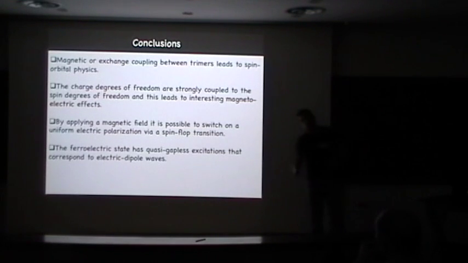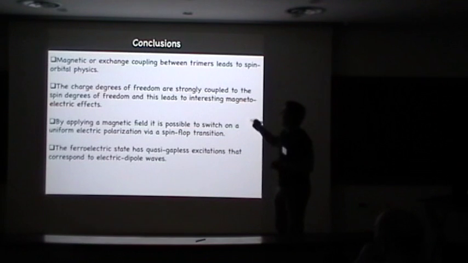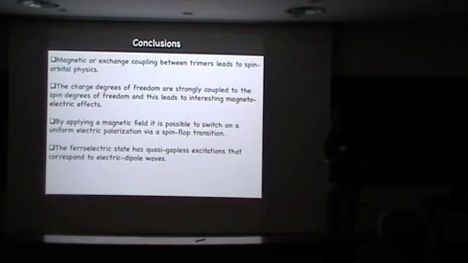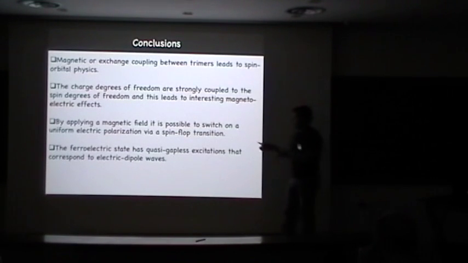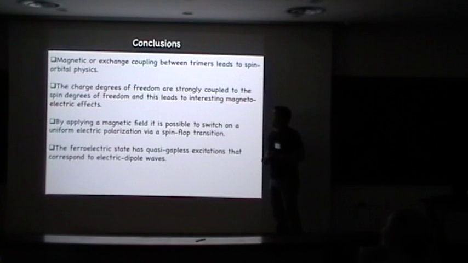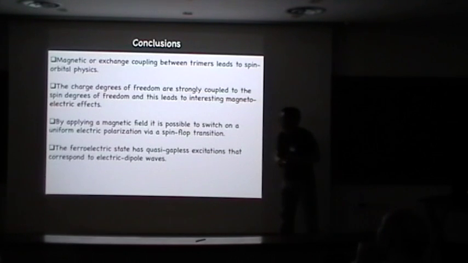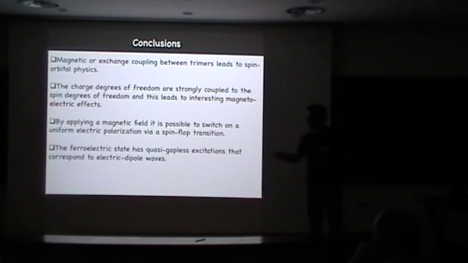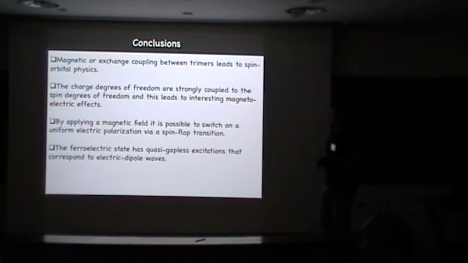You don't need to start with multi-orbital models. Even with single orbital models, you can end up with spin orbital physics. The charge degrees of freedom are strongly coupled to the spin degrees of freedom, as you saw in all these models. And this really leads to very interesting magnetoelectric effects, in particular the one that I illustrated today: by applying a magnetic field, it is possible to switch on the electric polarization via spin flop via first order